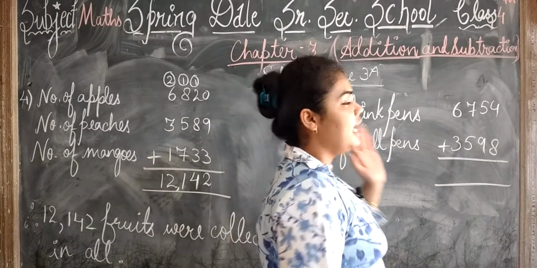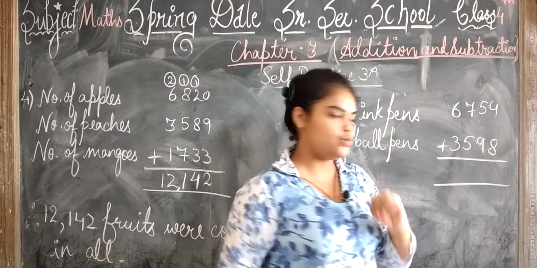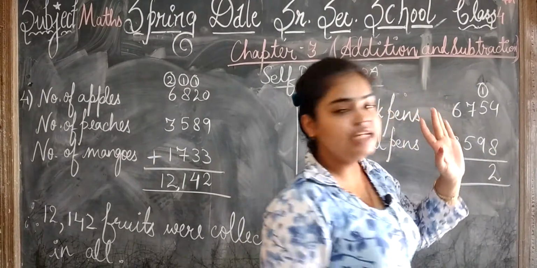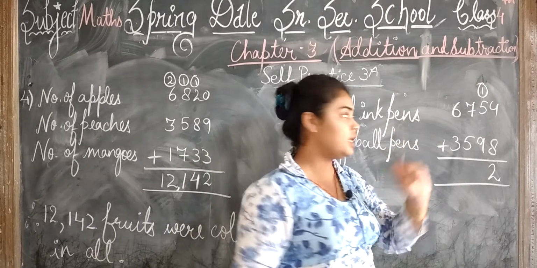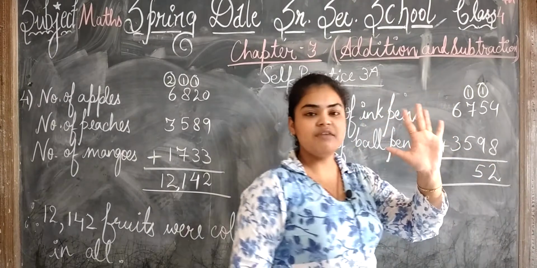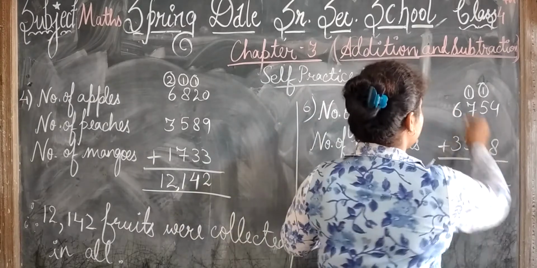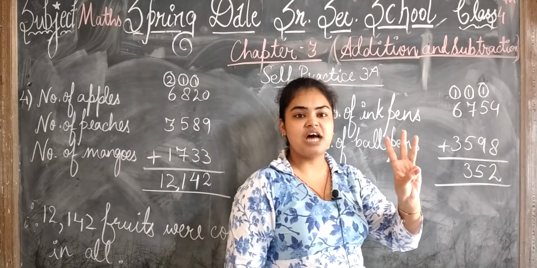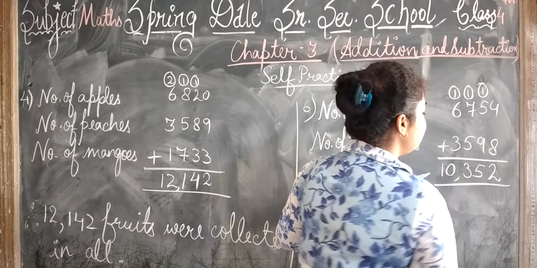4 in your mind, 8 in your fingers. After 4, 5, 6, 7, 8, 9, 10, 11, 12. 5 in your mind, 9 in your fingers. After 5, 6, 7, 8, 9, 10, 11, 12, 13, 14 and 15. 7 in your mind, 5 in your fingers. After 7, 8, 9, 10, 11, 12 and 13. 6 in your mind, 3 in your fingers. After 6, 7, 8, 9 plus 1, 10. How much in total?